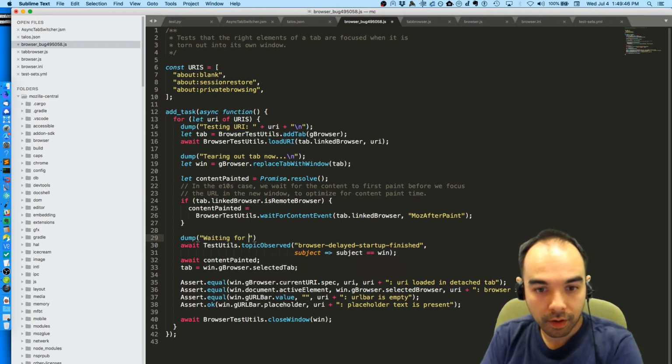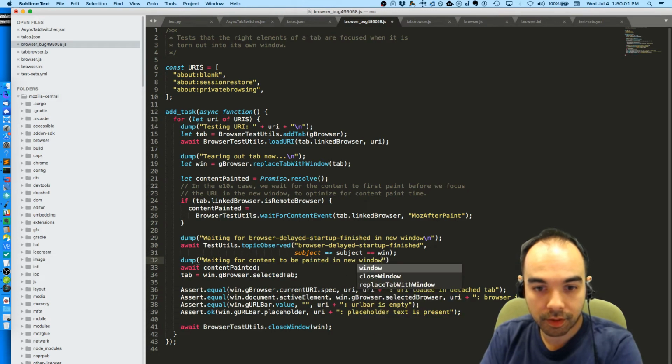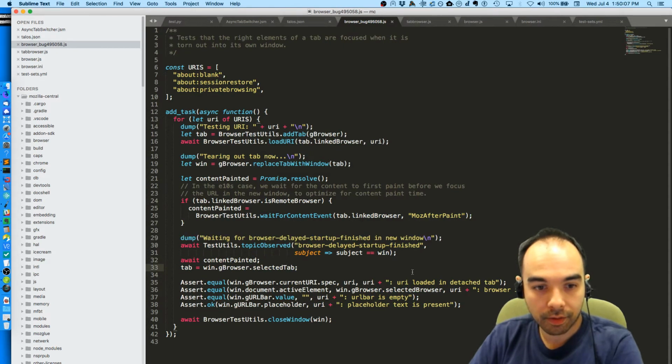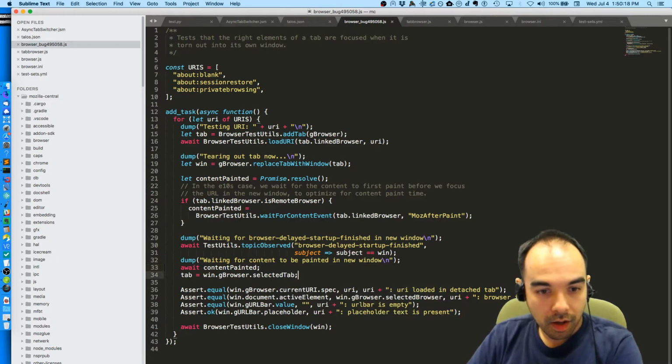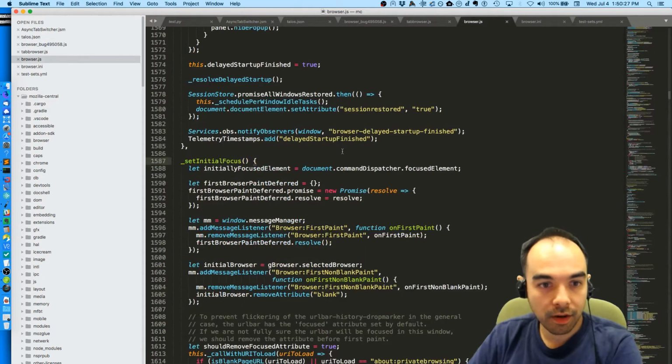Waiting for browser delayed startup finished in new window. Waiting for content to be painted in new window. Oh man, there we go. Checking running assertions. Okay, so there's my logging there,